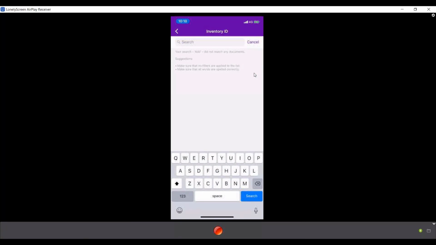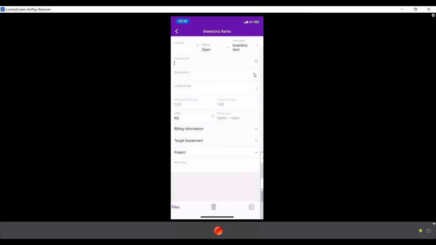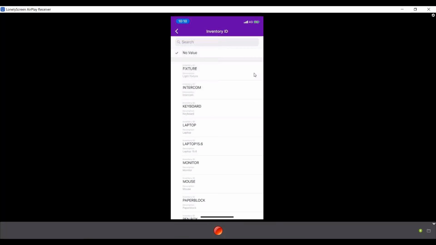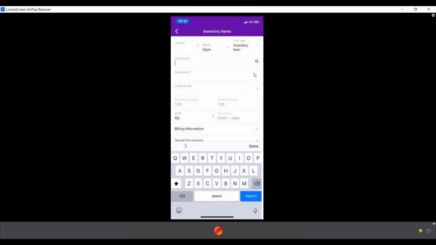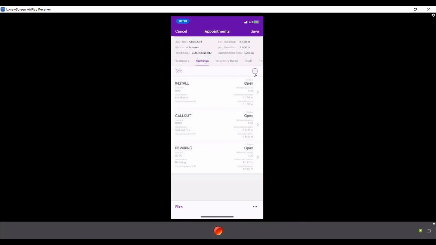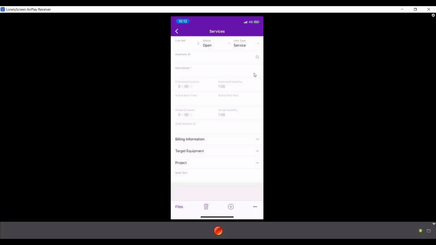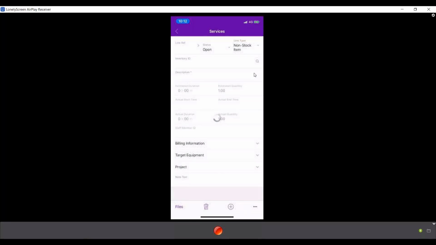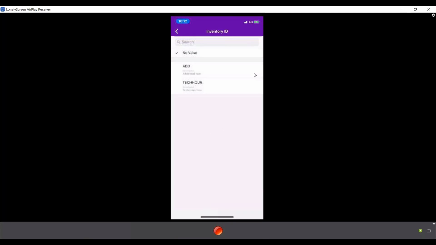Let's say additional wire, and then you can put the cost on here. If they need to attach the receipt of the purchase as well, they can do that also. Alternatively, if they use their own cash, you can actually book expenses on the app as well. So let's say additional wire, like 3 meters of wire, put some costs in there, set it's billable, and let's